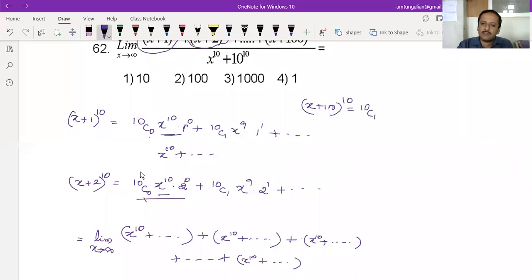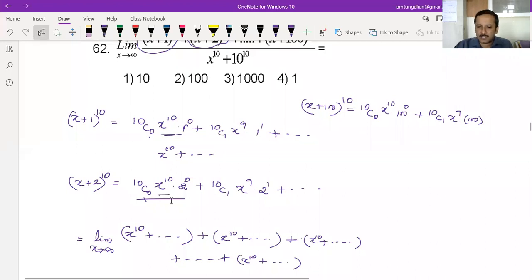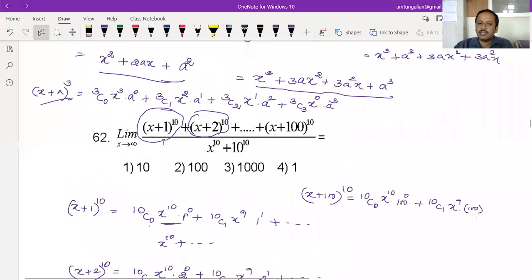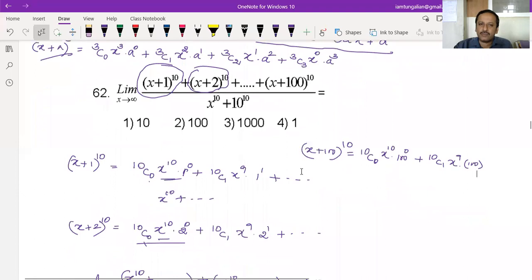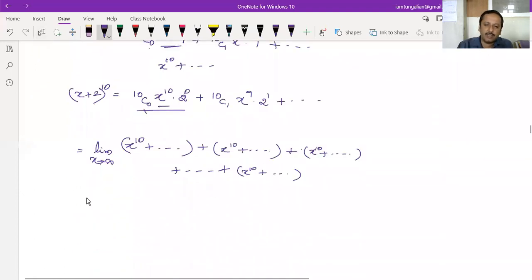When you expand this, it will look like this: 10C0 x¹⁰ a⁰, where a in this case is 100, plus 10C1 x⁹ into 100 and so on. So there also it is a polynomial of degree 10 and the coefficient of x¹⁰ is 1. There are 100 such expansions. First expansion is (x + 1), then (x + 2), (x + 3) and so on till (x + 100). So each of these is a polynomial of degree 10 and the coefficient of x¹⁰ is 1, divided by